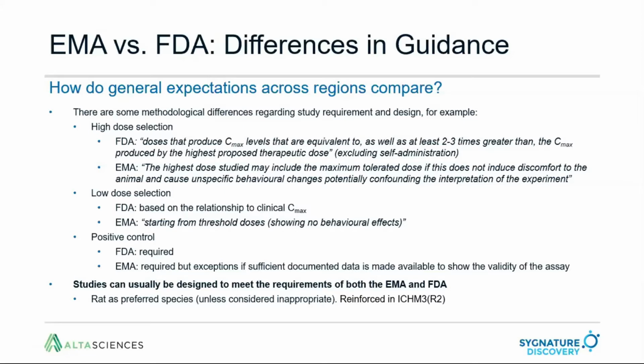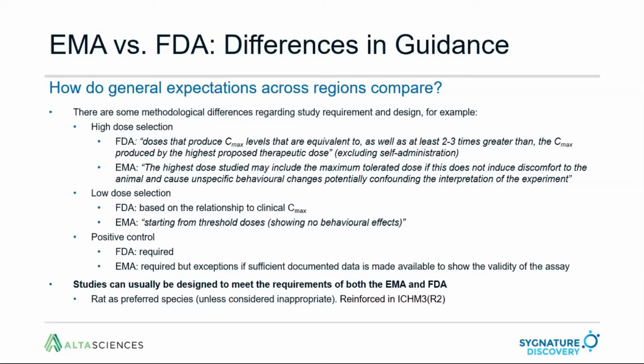And there's a similar distinction on the low dose selection. So the FDA suggests, again, informally based on the relationship to clinical Cmax, the EMA suggests actually you should be starting from threshold doses, those that show no behavioral effects. So being aware of these is absolutely key in terms of how you design your studies to meet the objectives